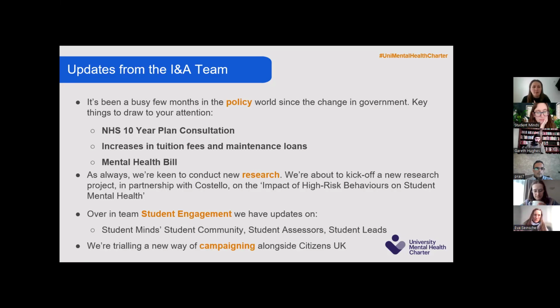We have been involved and shared a response to the NHS 10-year plan consultation, giving our thoughts on how we think the NHS can be better set up to support student mental health specifically. Lots of that comes from our section in the Student Mental Health Manifesto, which we published last April, I think, just before the election was announced. So if you're interested in any of that, I think our consultation response is public, but if not, have a look at the Student Mental Health Manifesto and you'll see our positions and asks around the NHS and healthcare more broadly in there.